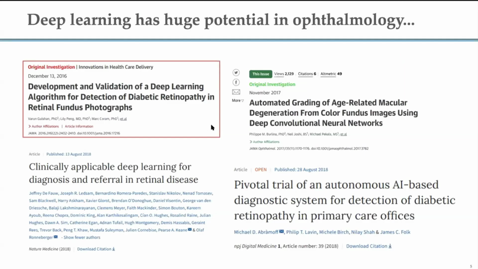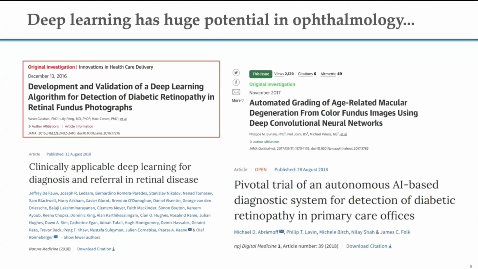That was one of the first large-scale publications in the use of deep learning, in diabetic retinopathy. We've been doing a lot of work in an area of ophthalmology called retinopathy of prematurity, and I'll talk about that in a minute. But one reason why we saw a lot of the early work in this area is that many of these images are fundus photographs, and so they look a lot like real-world images. They're color images, they're 2D. So it's fairly straightforward to extrapolate some of the methods developed for cat and dog classification and apply them to fundus photography.